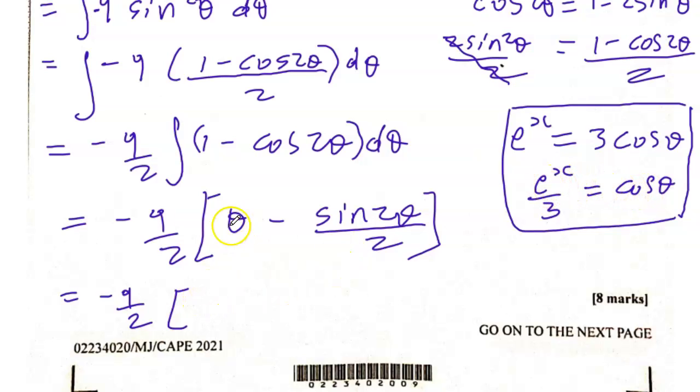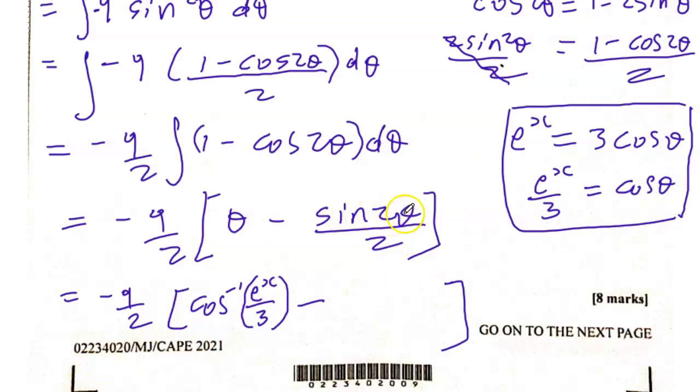So theta, replace theta with cos inverse e to the x over 3, minus